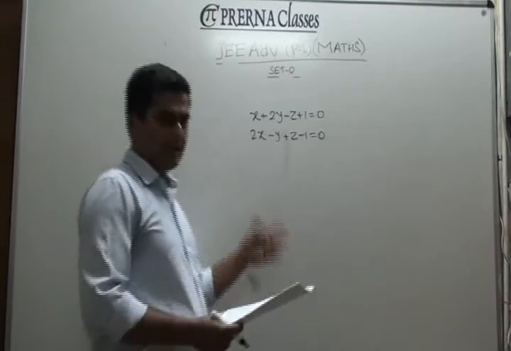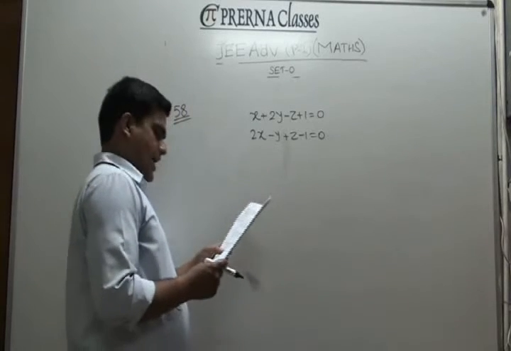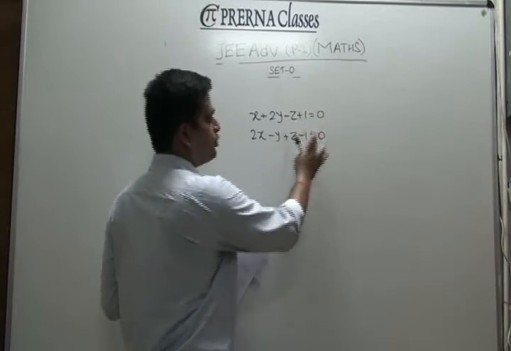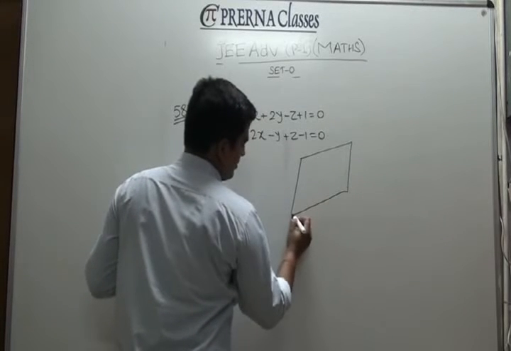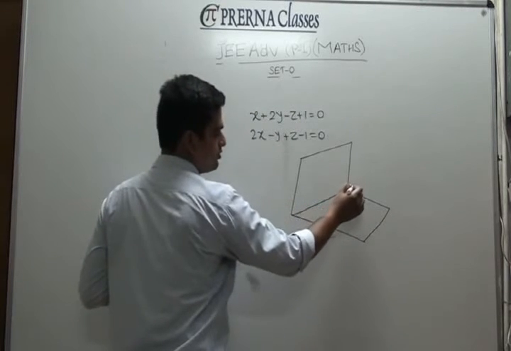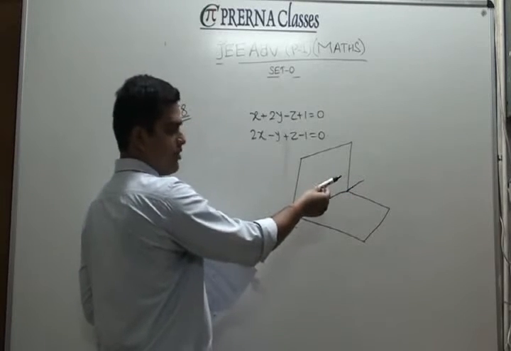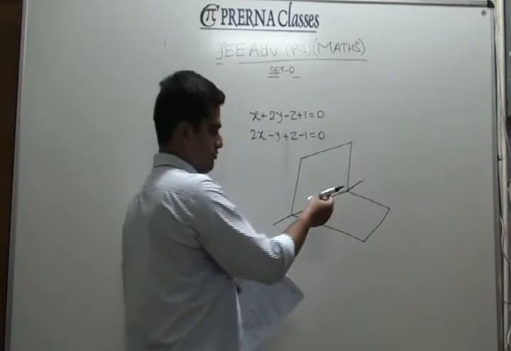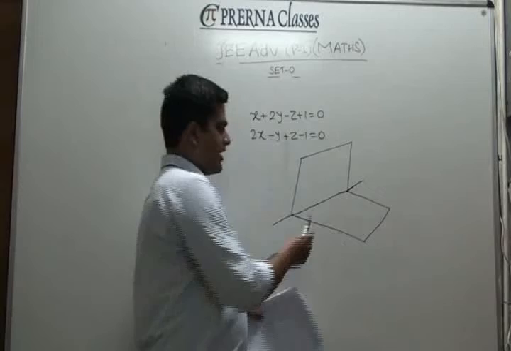Okay, next problem is related to again 3 dimension. There you are talking about a line which is passing through origin, such that all points of that line are at a constant distance from both these planes. You can check this is going to be possible if and only if that particular line is parallel to this line of intersection, and since that distance is constant, obviously then you can change its position parallel to itself. That's how the line is variable, and hence